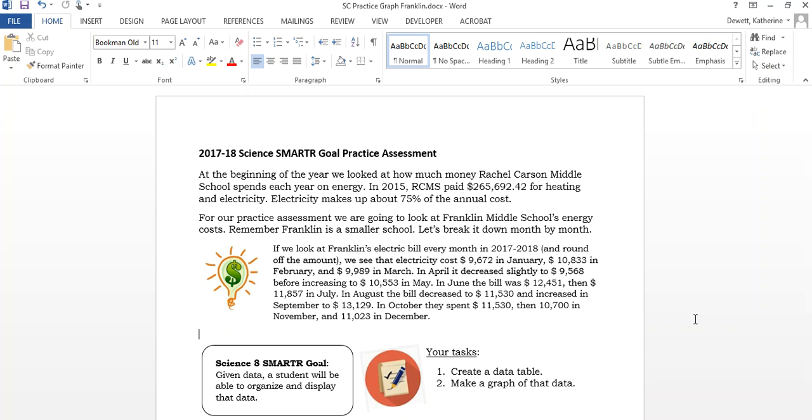So I hope you guys have a great long weekend, but before you get to your long weekend, we are going to practice with your SMARTR goal. Next week, you are going to do your post-assessment. This year, you've done 2 of these graphs that have been scored, and we did a couple practice ones. So together we're going to do one practice one, and then you're going to do one on your own. So the first one we're going to do is